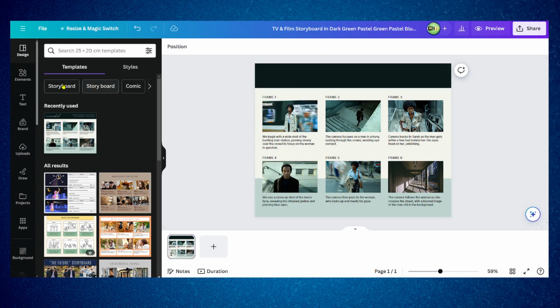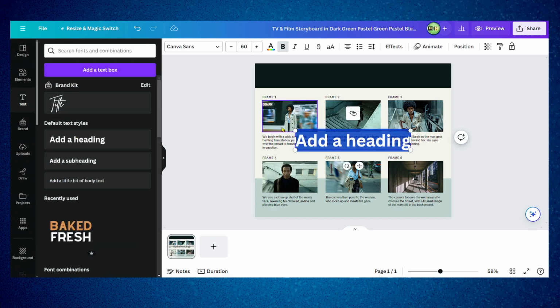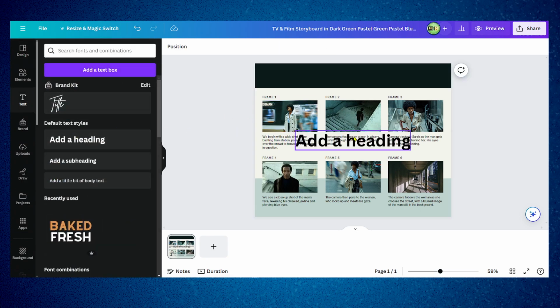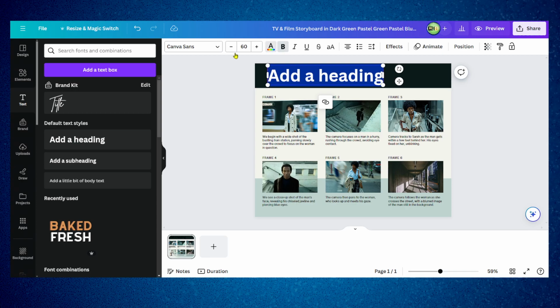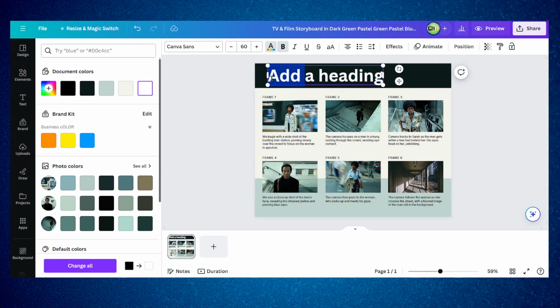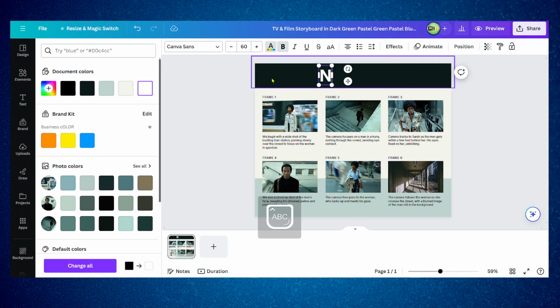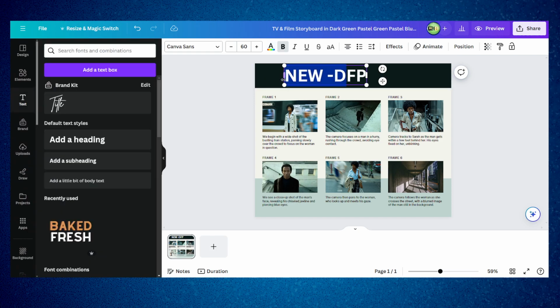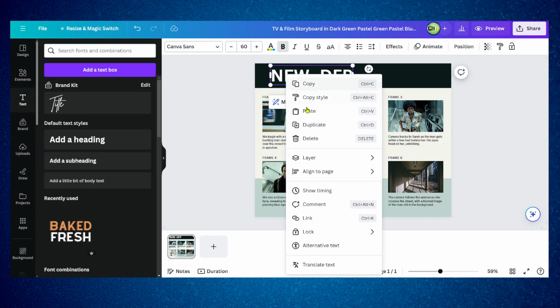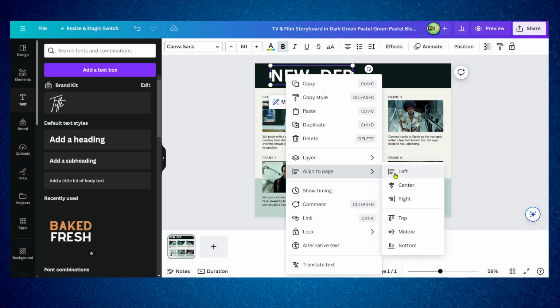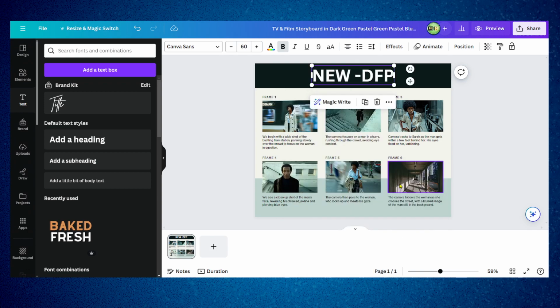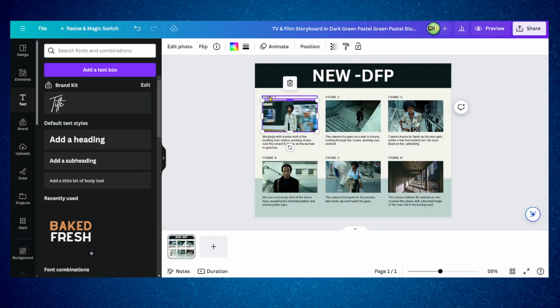So here I'm going to add this title, change the color to white, and this is the idea. You can right click here and align to the page. You can click on center. Now frame,